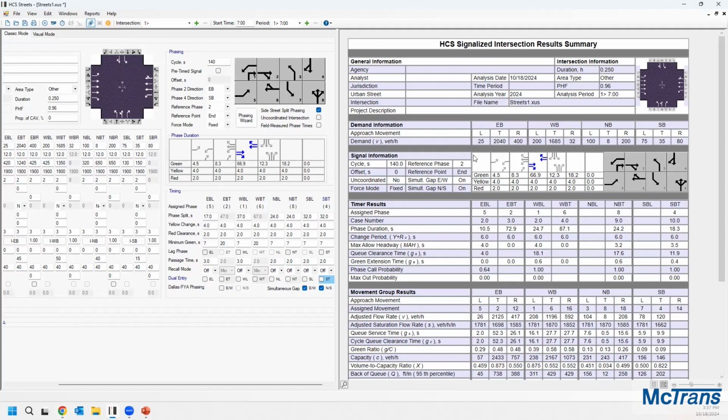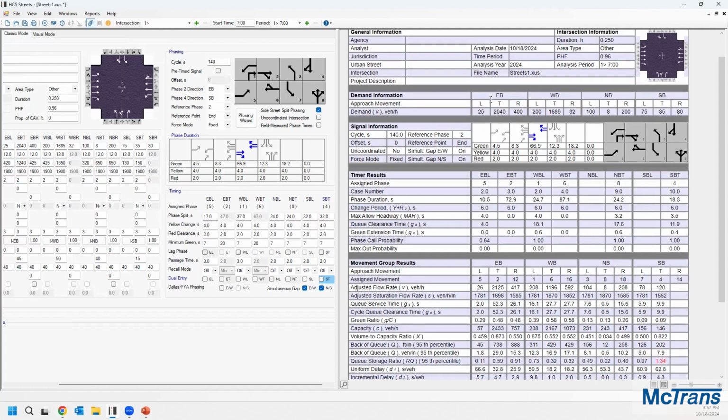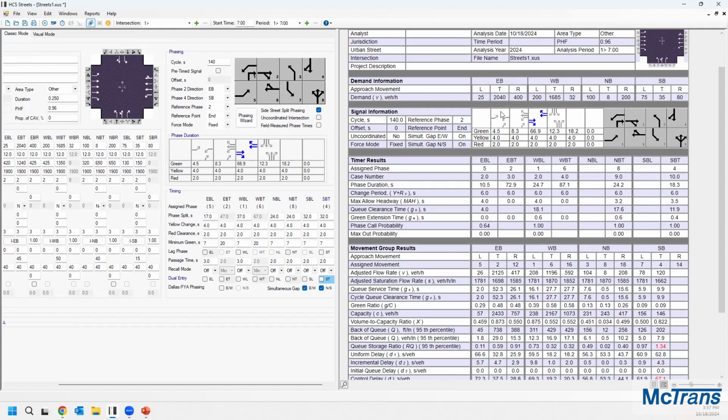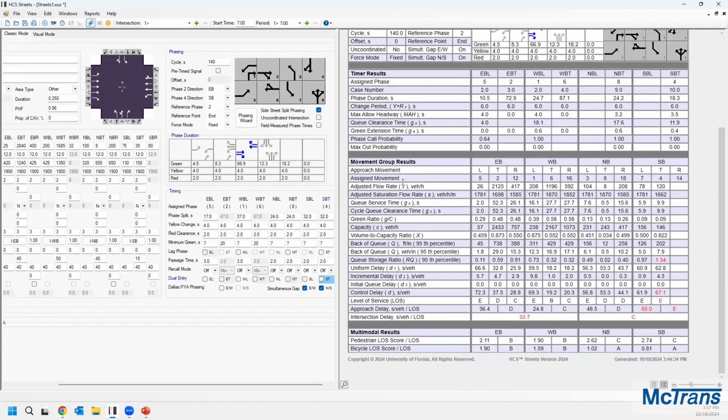What the report will typically show us, you'll see a summary of the intersection movements, the lane configurations, traffic volumes. For the timer results, these are intermediate calculations that are primarily used to compute the average phase duration. And right here at the bottom, that's where I have my performance measures for my intersection. What's important for us to check